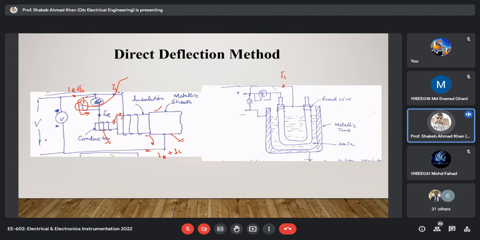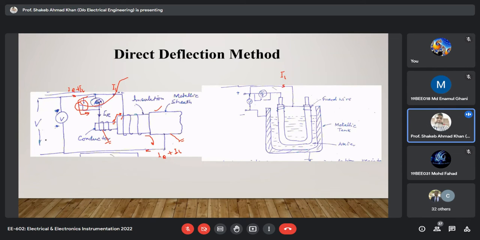So initially what we do, we short it, and then we let the large charging current flow through this short circuit path, and it should avoid the galvanometer or microammeter. Then we have the charging current as well as the dielectric absorption current, and we wait for some time so that the charging current subsides and the dielectric absorption current subsides. Then we open the switch,